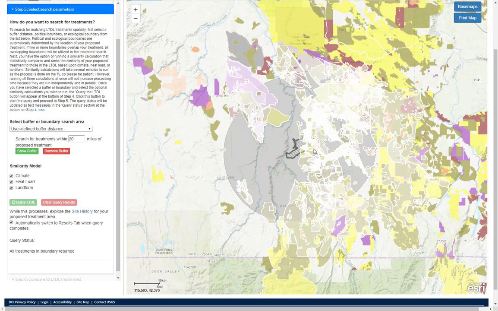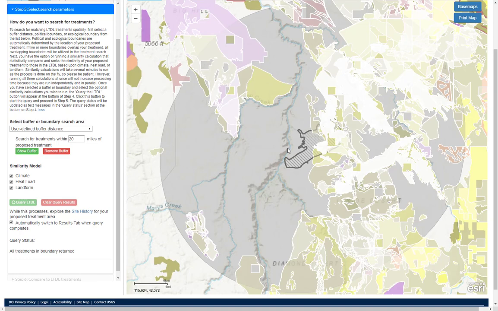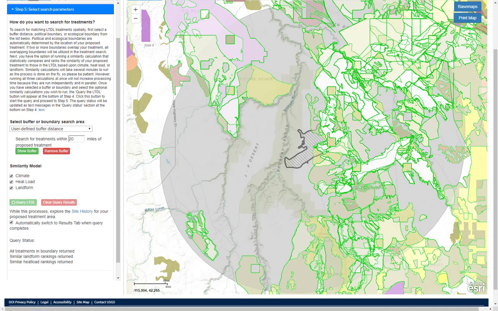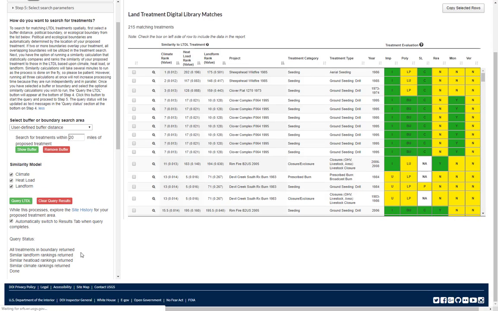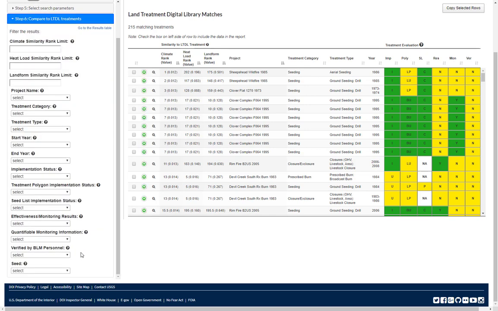The next returns will display when each of the 3 similarity rankings are completed. When each of the query steps are completed, a Done message will appear, and the Results tab will be populated with the returned LTDL data. The left side of the Exploration tool will now be on Step 6,